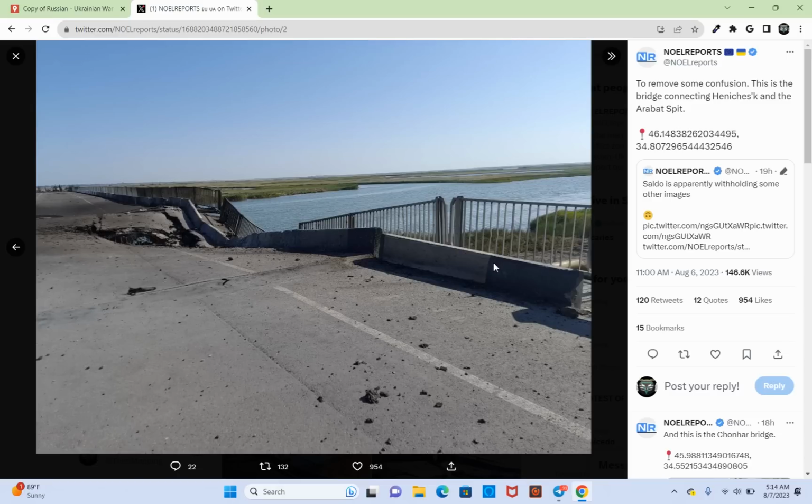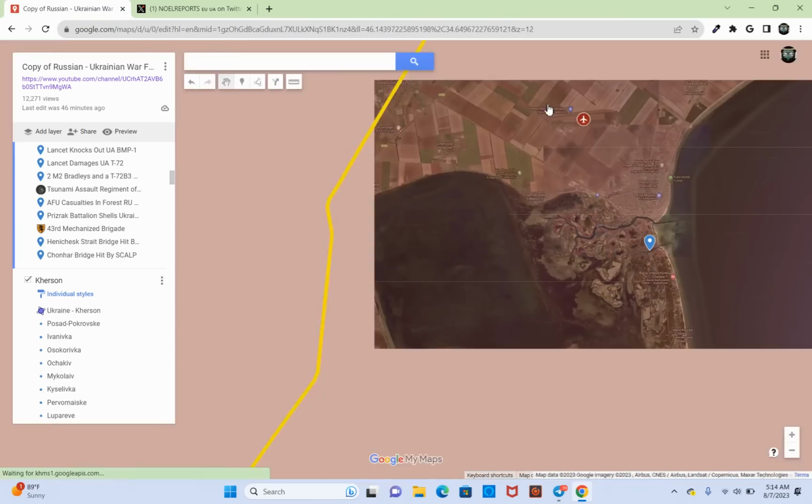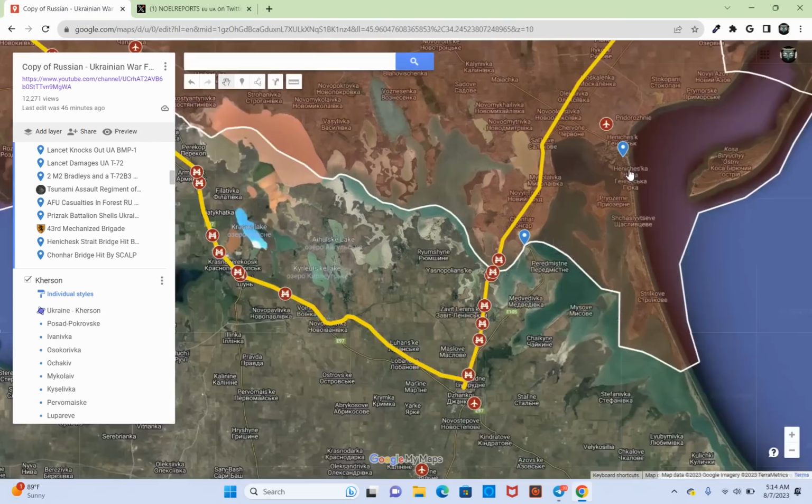The civilian vehicles, that doesn't really matter. Even if those could still pass by, that's not going to change the situation on the front line and in terms of the logistics for the military. And in terms of high bearing load, that's going to be much harder to restore to full capacity for this bridge specifically. Then going to the Chonhar Bridge, not really to the south, but to the southwest,